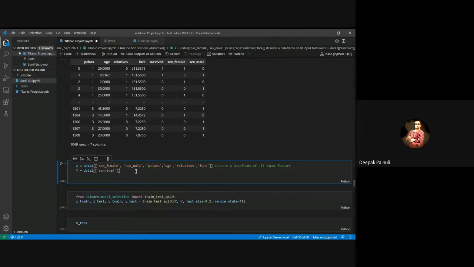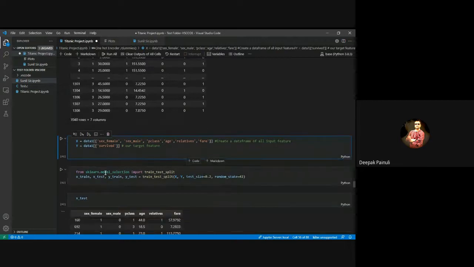And in the Y, I am going to pass our target feature, which we have to classify or predict, right? So X contains input features and Y contains the output feature. Okay.